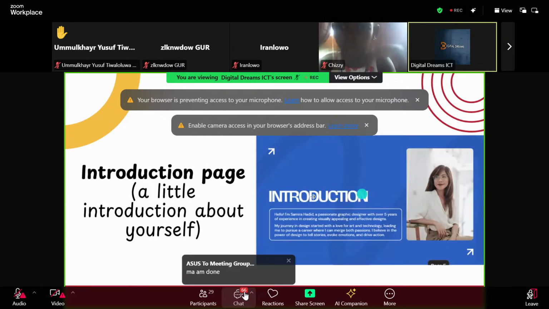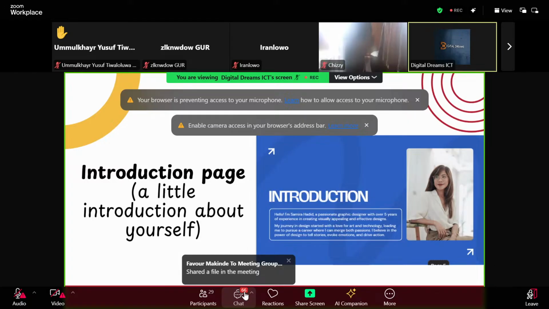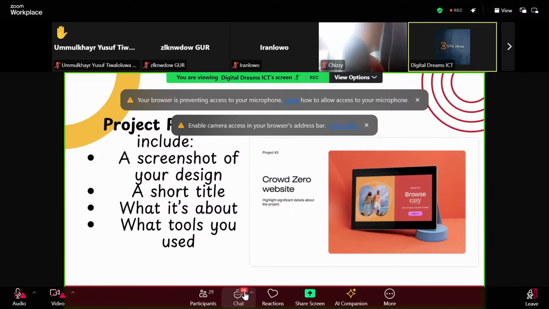So the next one is the introduction page, all right. When you get to introduce yourself, just say a little thing about yourself. That is for the introduction page. Then the next one that you will now see is the project page, where you get to put a screenshot of all your designs with a short title. And then